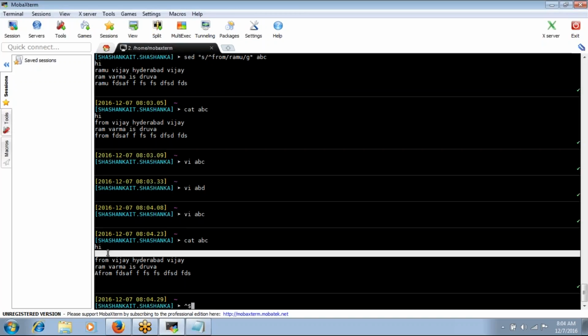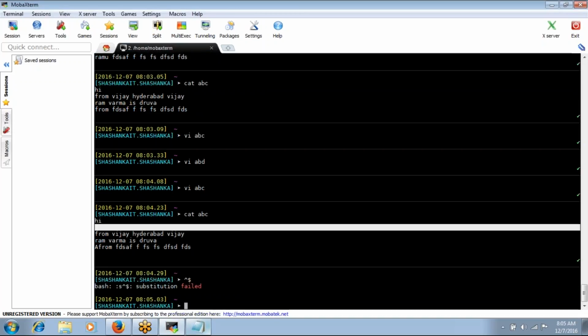So in Unix we use the caret for start and the dollar for end. If I give start and end with nothing between, that means whenever we find this pattern, we have the empty line.